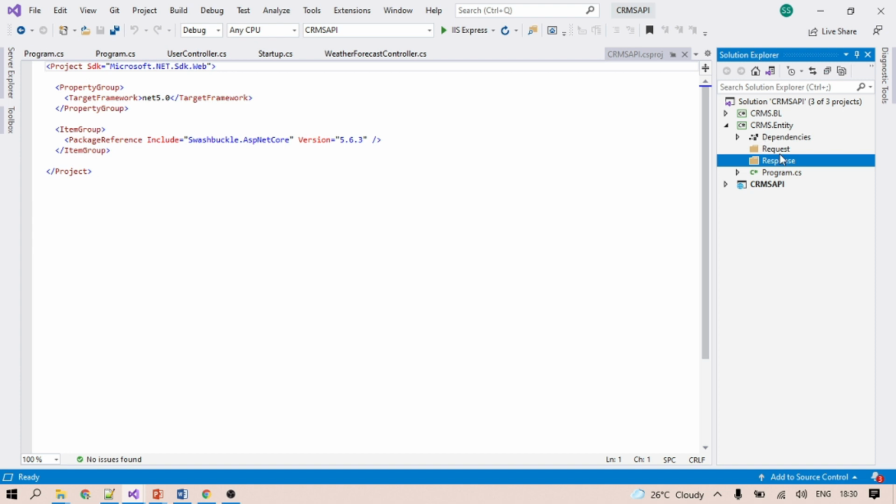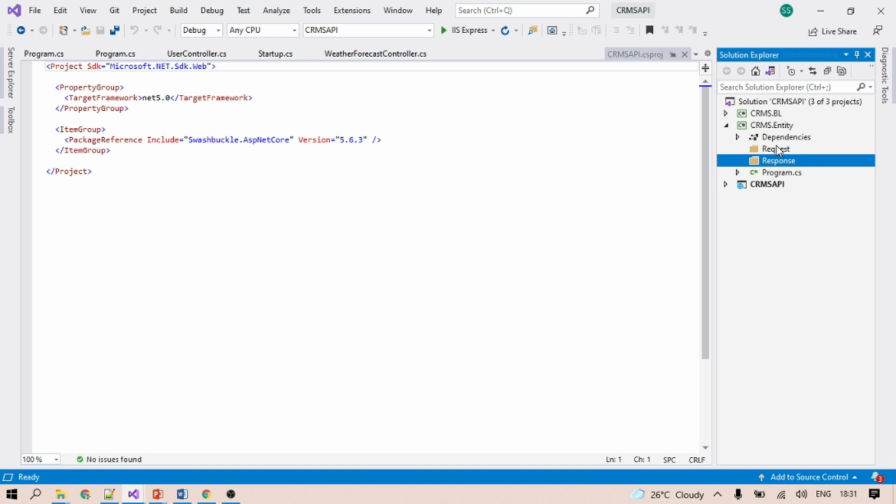The request class is basically the format of the data which will be coming to the web API from the client. Like if it requires some ID, user ID or user details, that data will be coming as a request.